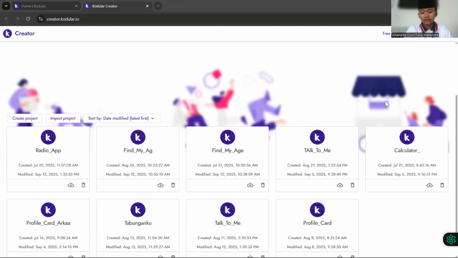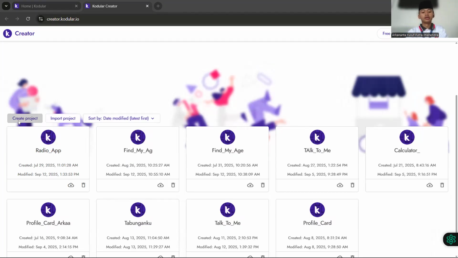Like usually, in the first step in Kodular, we always open the home page of Kodular, then create a new project. How do you create a new project? You move your cursor here and click Create Project.